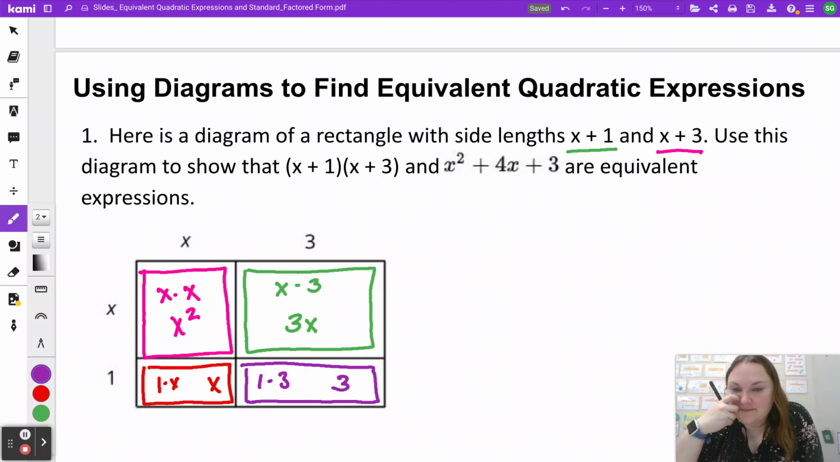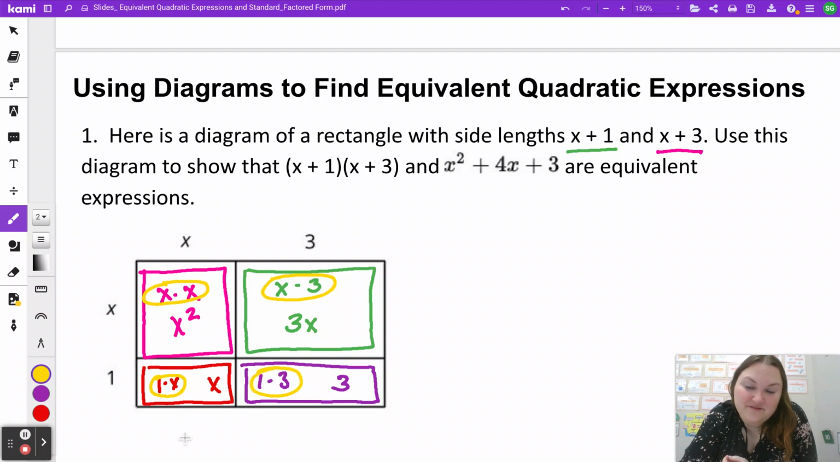So the diagrams can help you keep track of those 4 multiplication problems you need to do, and it kind of keeps it all organized. Now, I will say these multiplication problems that I keep writing out, it is not necessary for you to write those. I'm just writing them down so you can see where these answers are coming from. If you only had x squared, 3x, x, and 3 in these 4 boxes, that would be perfectly fine because